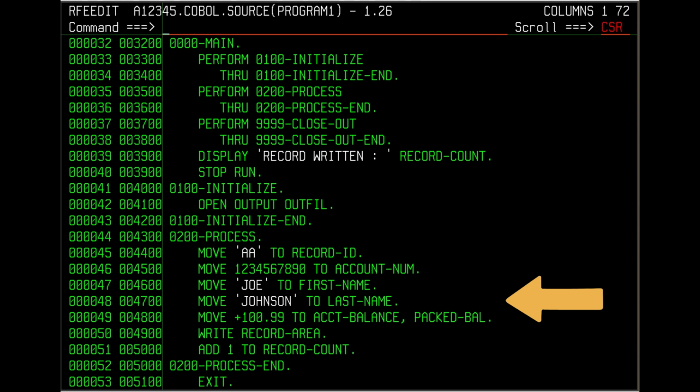At this point in the program, the file has been opened and we are ready to create a record. You see the hard-coded values being moved to the respective fields followed by a write sentence. This is followed by adding 1 to the record count defined in working storage under the 77 level. After this, the file is closed and the value for record count is displayed in the job and the program